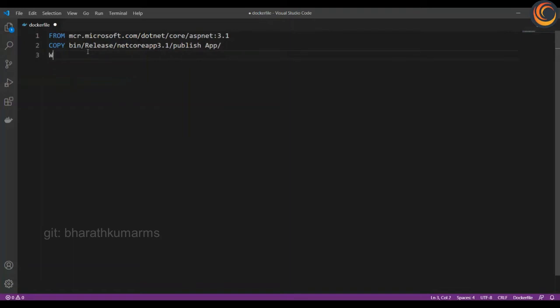Then I'm going to change the working directory to the app folder and execute the code. That's it.